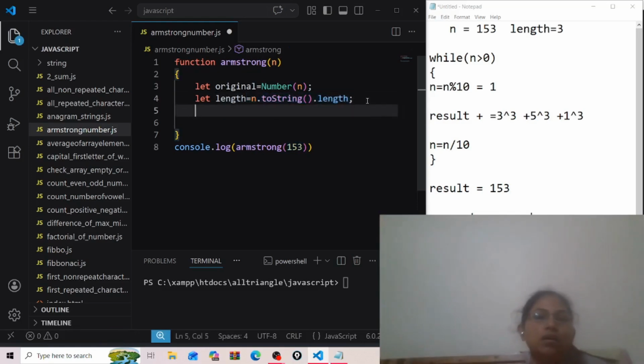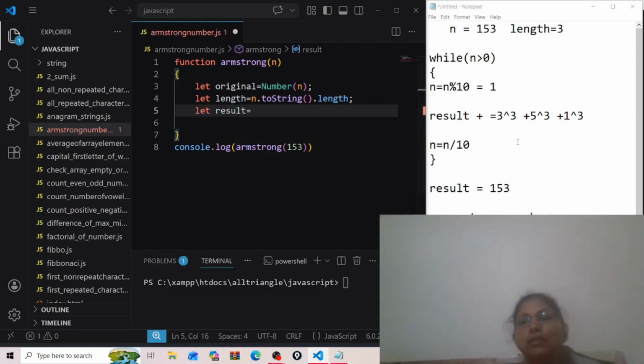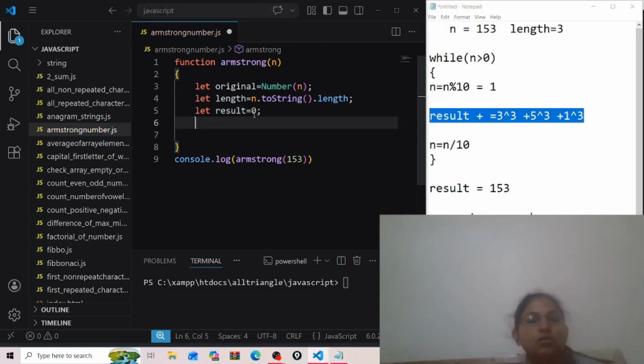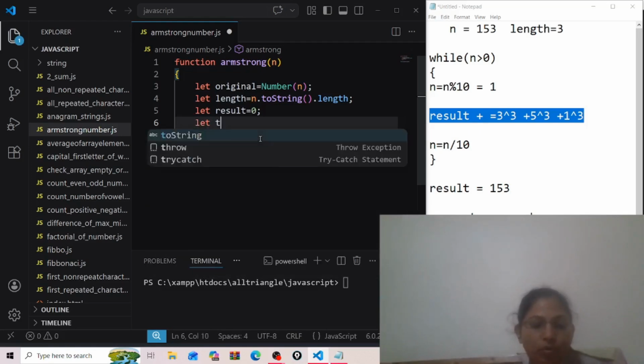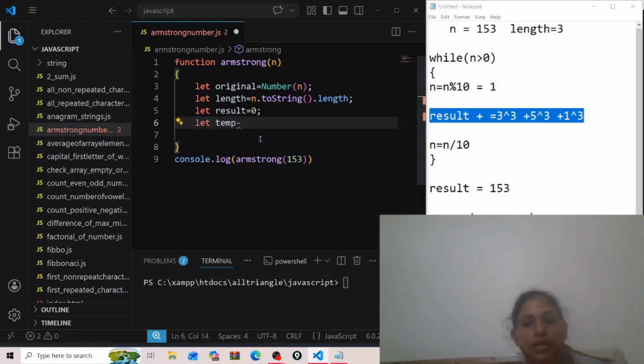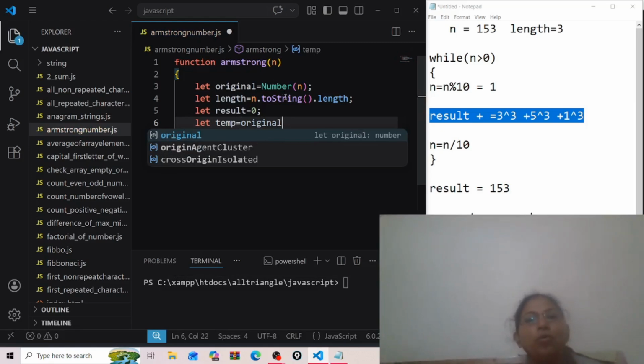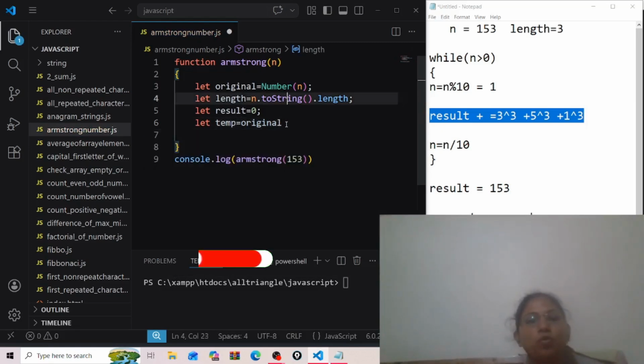Okay, now I will take one variable, result, to keep the addition of all the numbers. For that purpose we take one variable and store 0 in it. Now I will take one more variable, that is the temporary variable, and I will put the original number, 153, in temp.